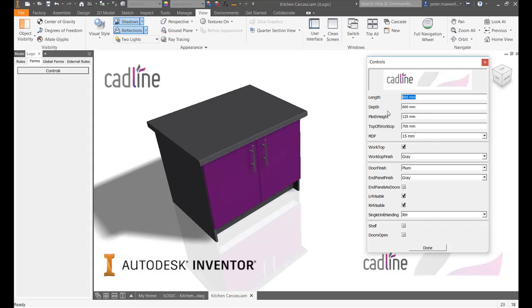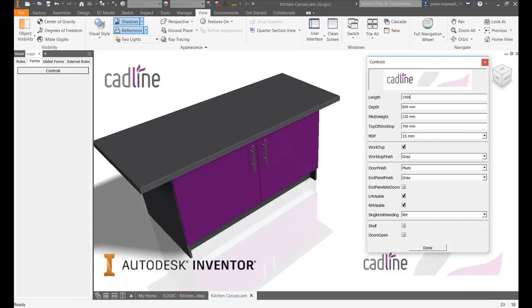For example, if I change my length bigger than 1200 mil, iLogic will warn me visually and verbally, and also set the model to the maximum size. Max length is 1200 millimeters. And you can see there that the max length was set to 1200 mil. We can continue making changes to our model,